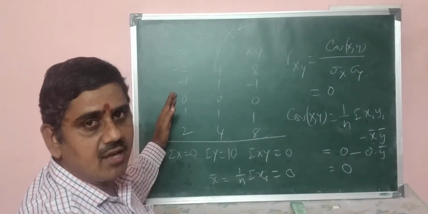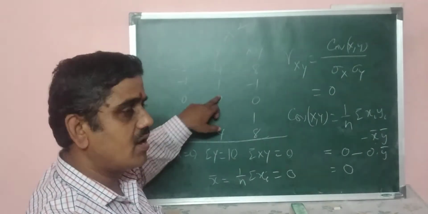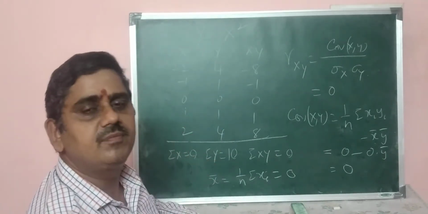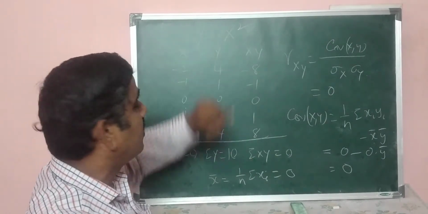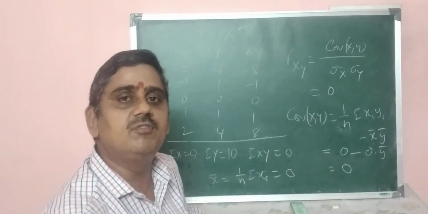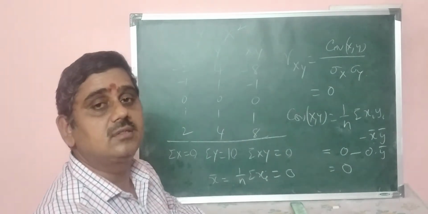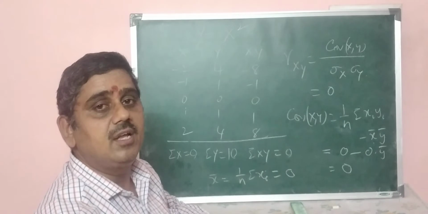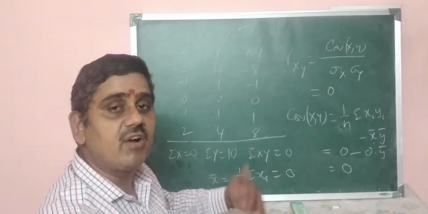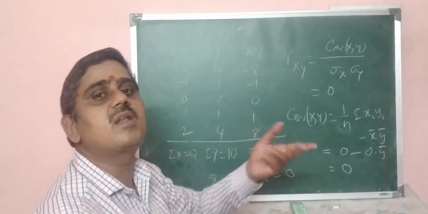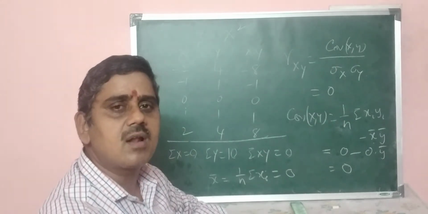If you take square, then you will get the values of y: minus 2 whole square, minus 1 whole square, 0 square, 1 square, 2 square. So for all the values of x, it is true that x square is equal to y, which means there is a relation. Y depends on x. If x takes one value, the square of x is nothing but y. That is the dependency of y on x. So x and y are not independent random variables. You can strongly say that x and y are not independent random variables.